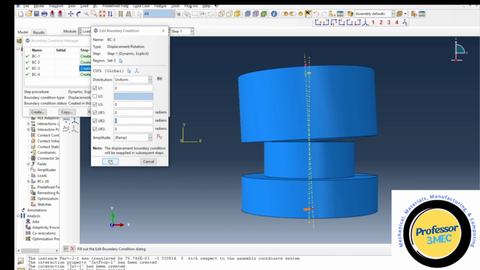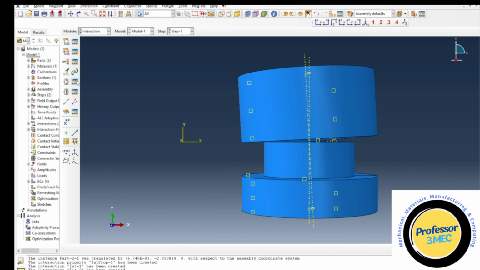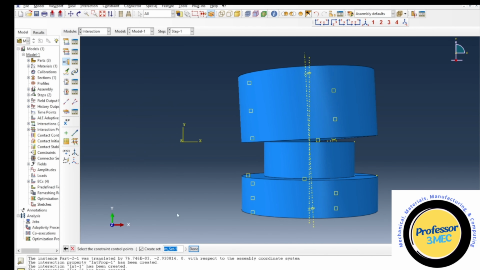So for the time being, I'm fixing the rotation of the bottom die, because otherwise everything will be rotating and the contact area might not change for the workpiece on the top die. In the actual case, we need to constrain